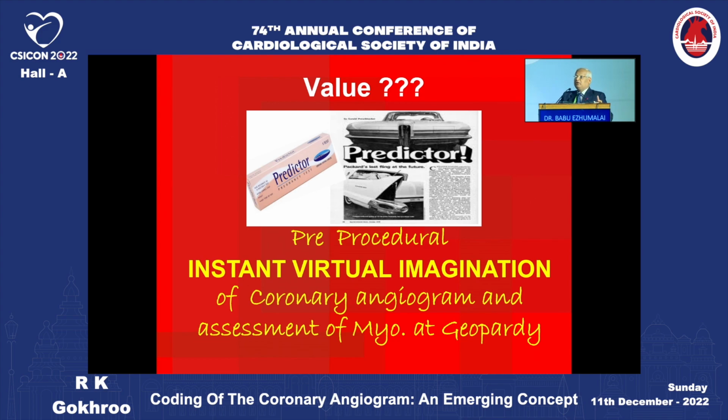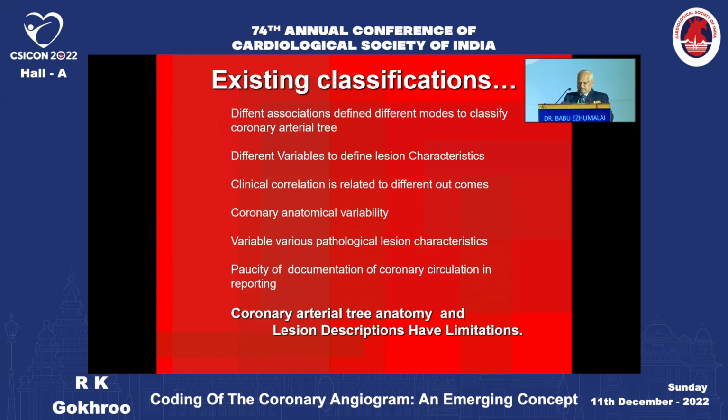So actually, what is the value of this? This is one model which gives you pre-procedural instant virtual imagination of coronary angiogram and assessment of myocardial ischemia at jeopardy. Actually, the coronary arterial tree has many limitations and the lesion description has many limitations by many